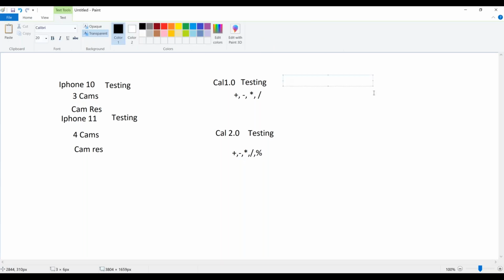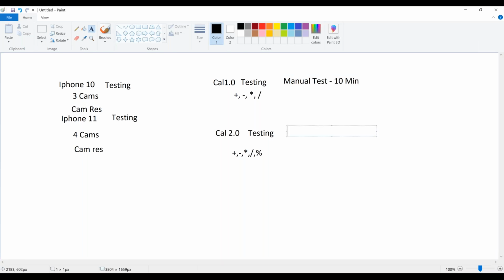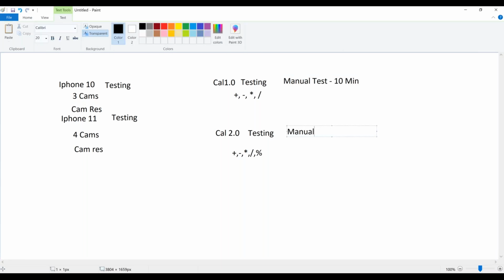So if you are doing everything manually, manual testing, to test all 4 buttons, it may take around 10 minutes. It may take around 10 minutes to test all the 4 buttons, manual testing. Now here, to test the same with manual testing, you will spend 12 minutes, right? Simple example. So this is what manual testing is. Why will it take 10 minutes? Because manually you have to click on everything. It will take time, right?